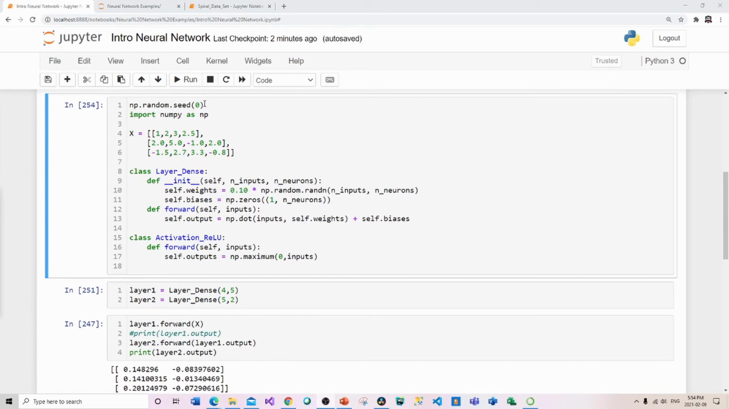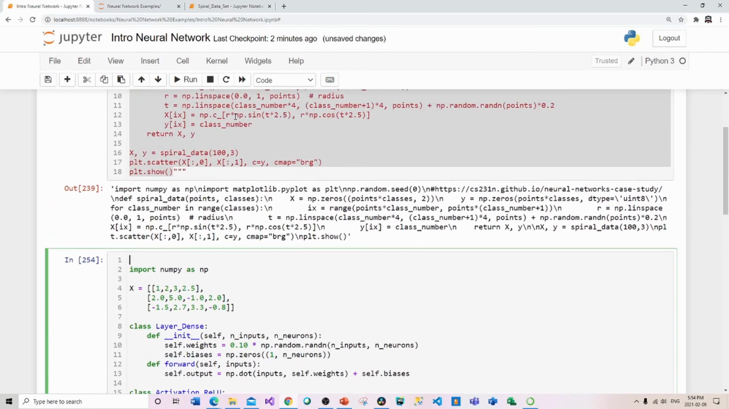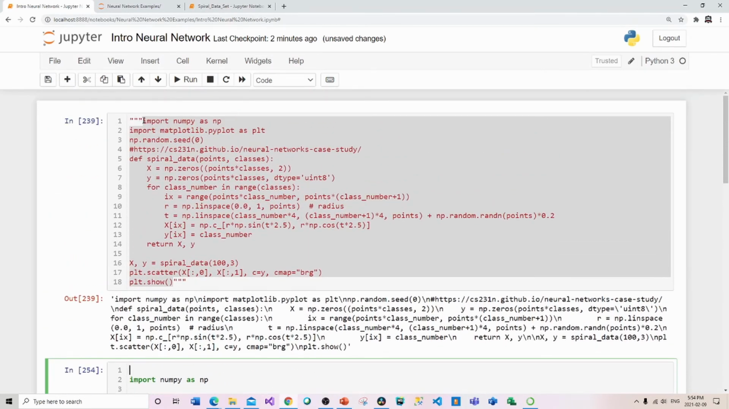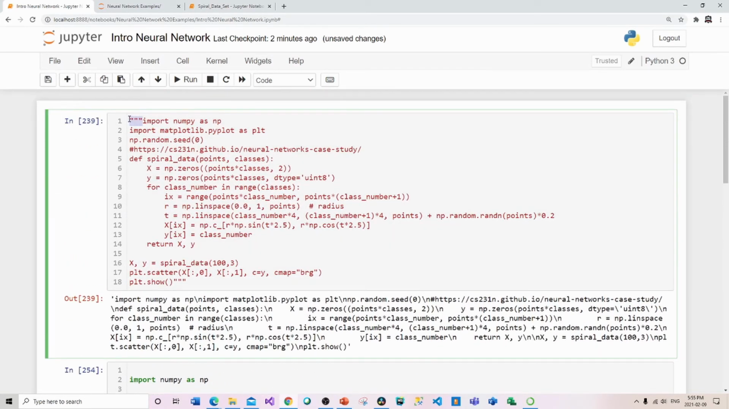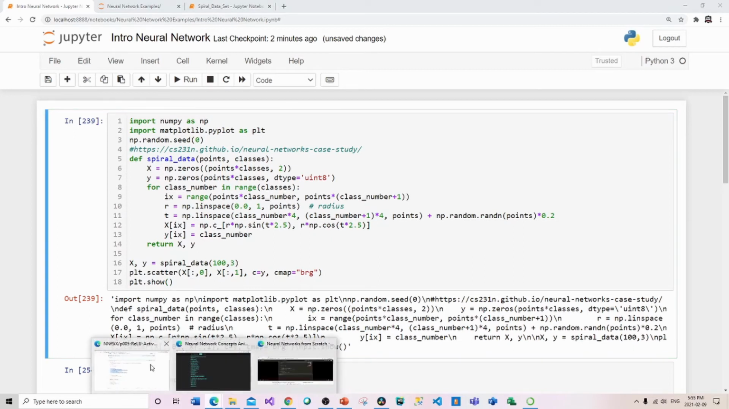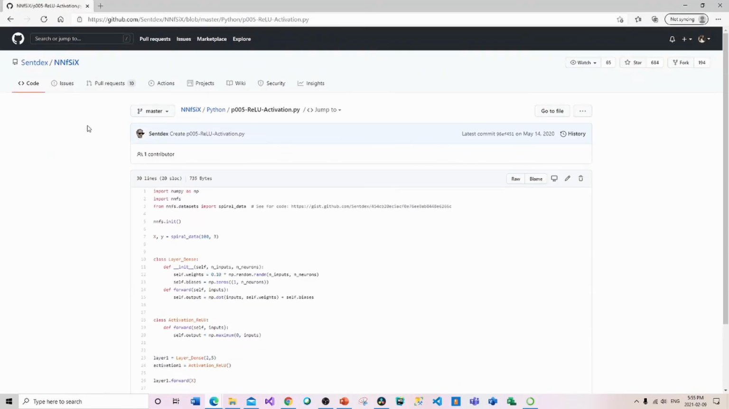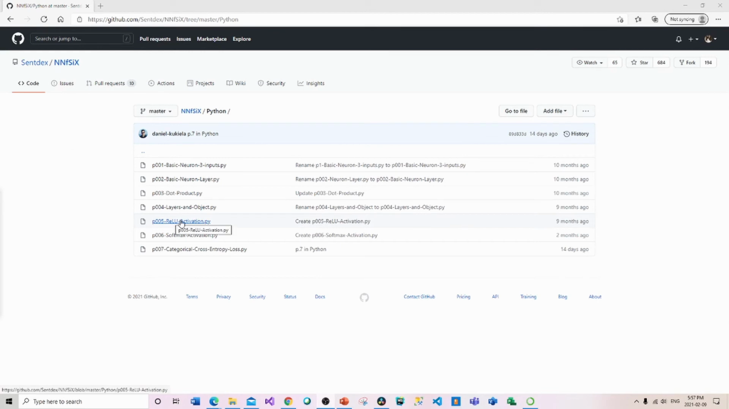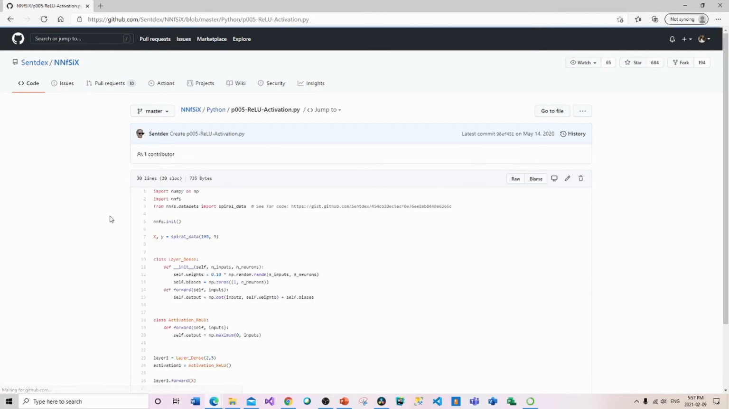For this next part, I want to talk about something that the authors of the book have done. I'm going to scroll up and sort of uncover it. What they've done is made this code here. Where can I find this? I can probably find it in their actual GitHub. It's NNFS. You can go here to their ReLU,